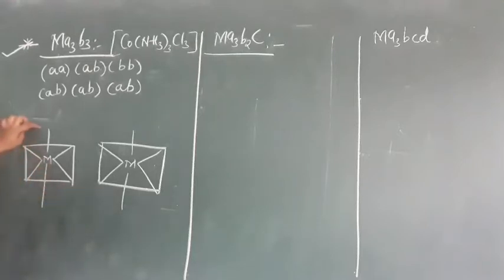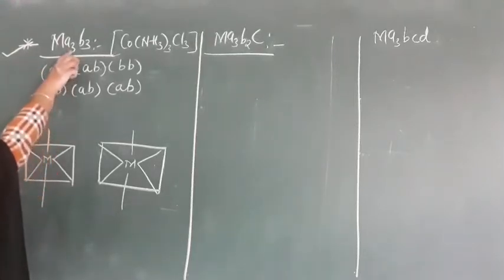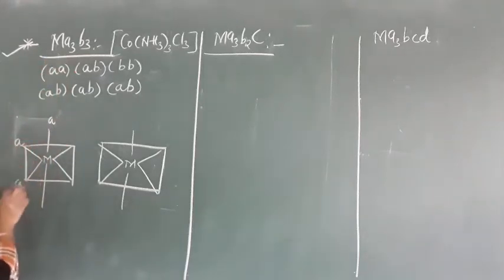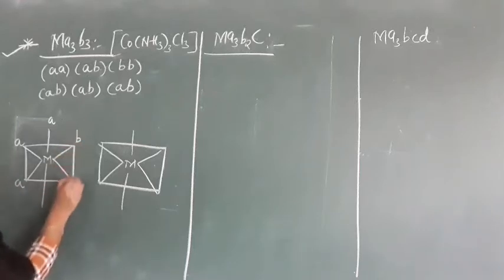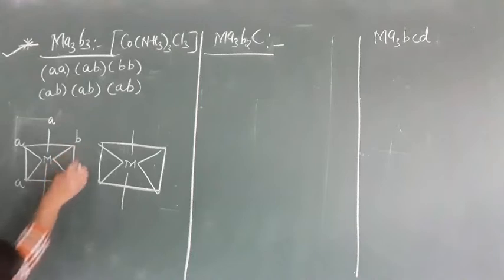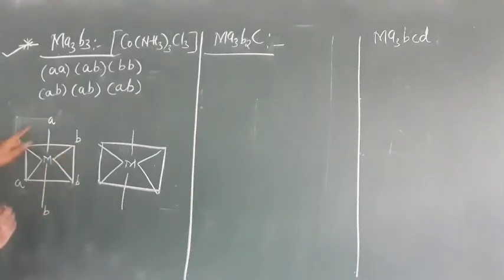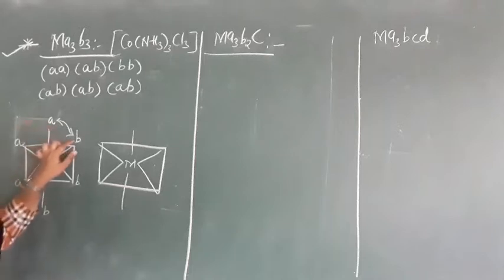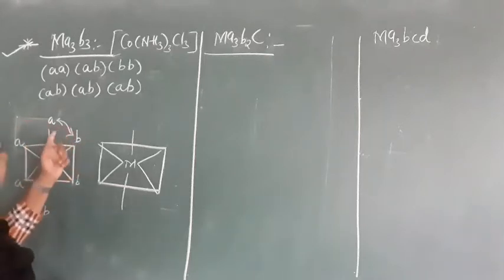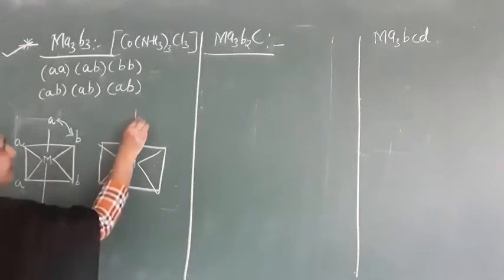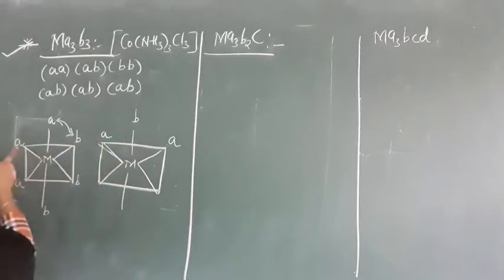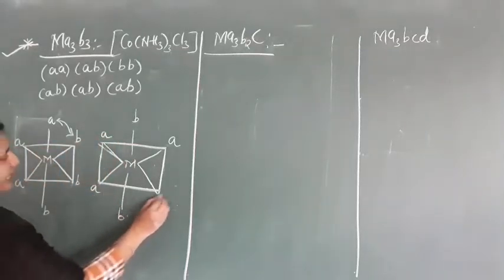First you have to take the 3A and write them in cis position, and the 3B also in cis position. Understood? Now just flip two of them, A and B. After flipping, this B will come here and A will go here, and the remaining will stay the same, A, B and B.